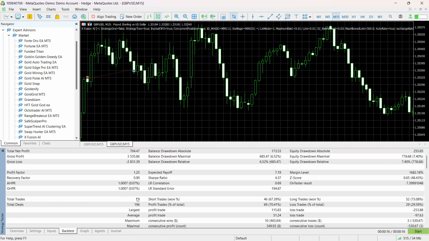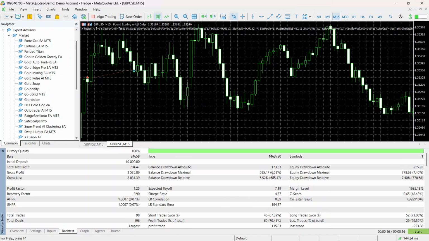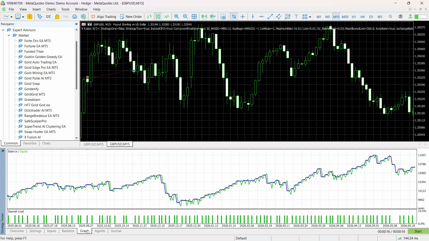Took a lesser amount of trades compared to the first one. For that first one, we had a higher number of trades. Well, still remains the same relatively. Drawdown 6.52 for balance marks. Equity marks came in at 7.40. And looking at the equity curve, you can see this climb and fall. Drawdowns, recoveries,